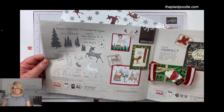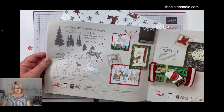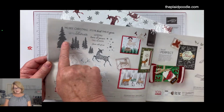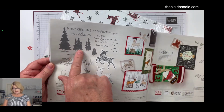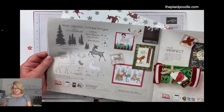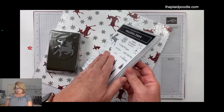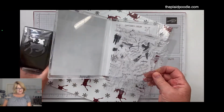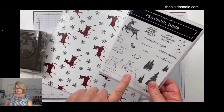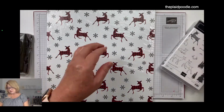This is on page 26 of the Holiday Mini. My words are escaping me. Look at this cute little bunny. These pine trees would make really sweet winter cards, not necessarily holiday time. The stars, you could use that for several different things. Here is the punch that coordinates with the stamp set. So that punch is going to punch out this little deer. This little jumping deer and this one. And it will also punch out the little deer on the